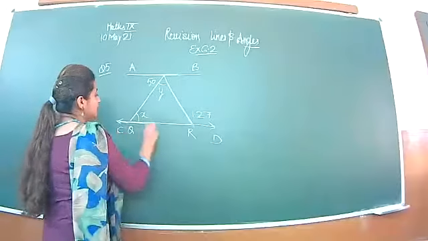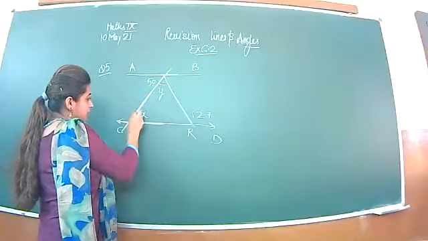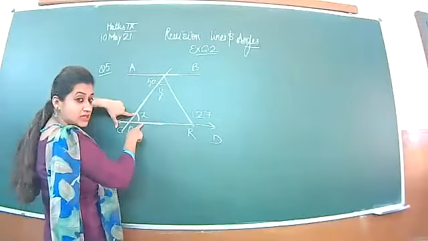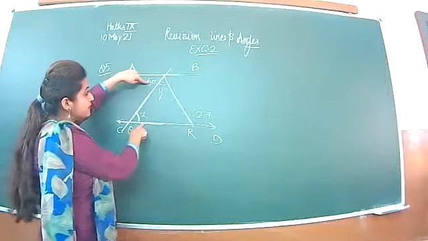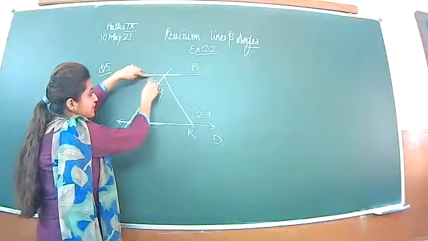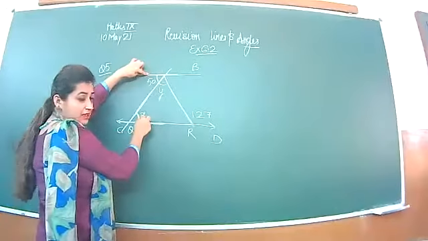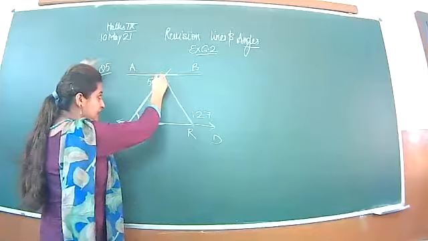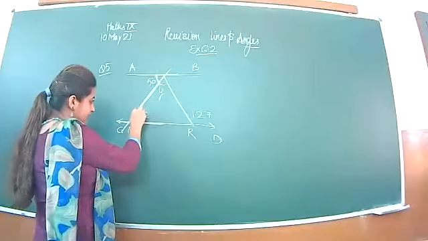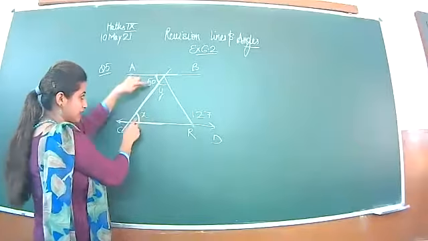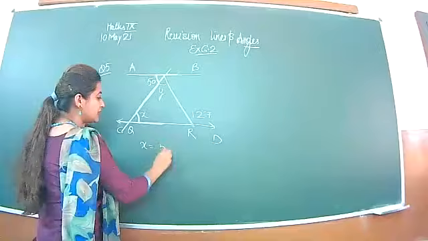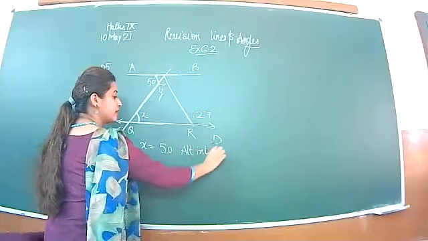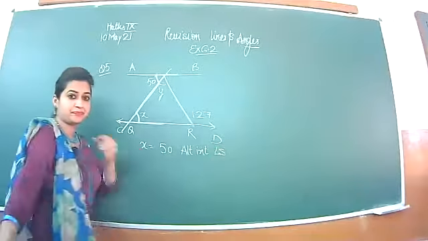Lines are parallel. This is a transversal. So the angle X is touching the transversal and the line, in the same way this 50 degrees is touching the parallel line as well as the transversal. So wherever this angle 50 is finishing, at the same line X is starting. So X is equal to 50 degrees, alternate interior angles.